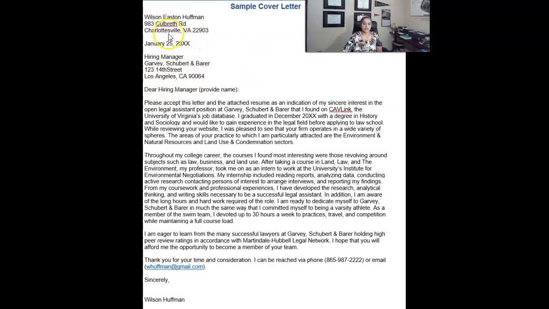Notice how both address blocks are single-spaced with the date separated by one line from top and bottom. Notice that here, instead of providing the receiver's name, this sample letter says hiring manager. This is just because this is a sample letter. In an actual letter, you will have to make sure you know who the individual you are addressing is, even if this means calling HR to find the details.